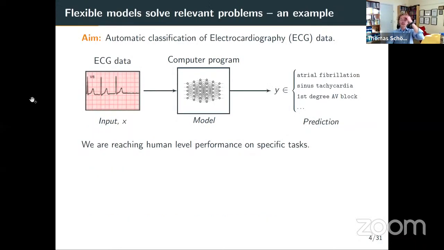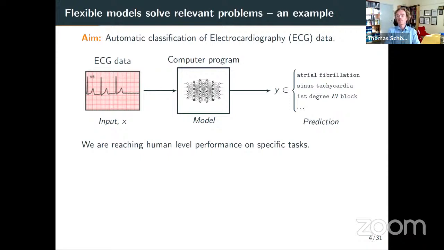So let me give you an example that I've been working on, a very applied problem, just to get started. This is an example of a typical deep learning problem, I would say. I'm using this to contrast with what the main part of the talk will be on. We've spent quite a lot of time together with cardiologists on this well-known problem of automatically classifying and understanding